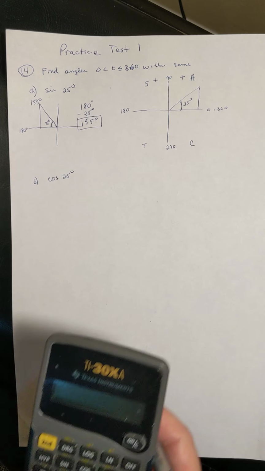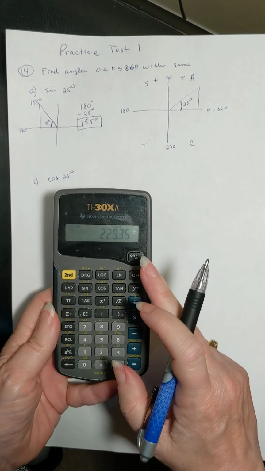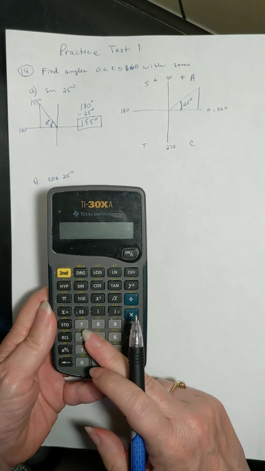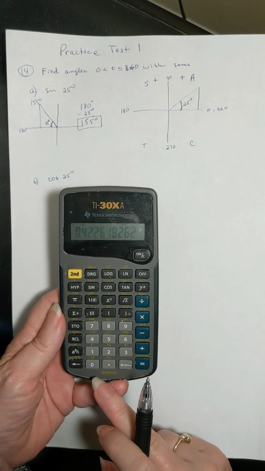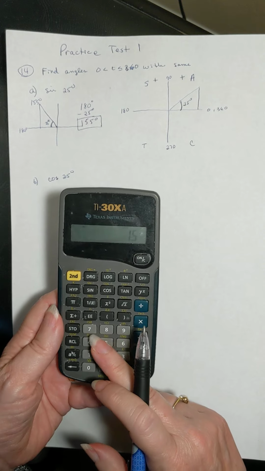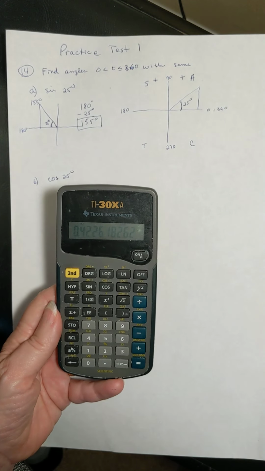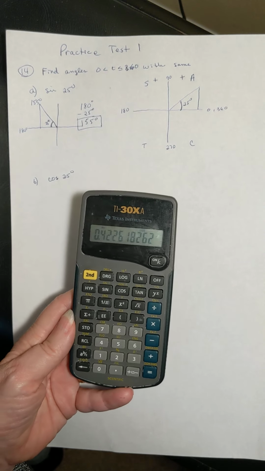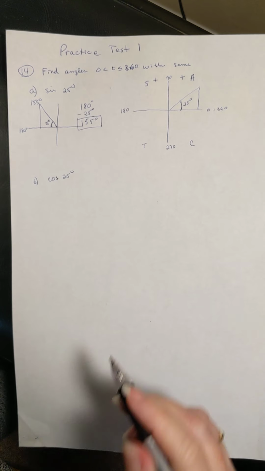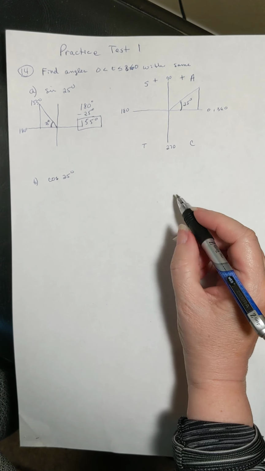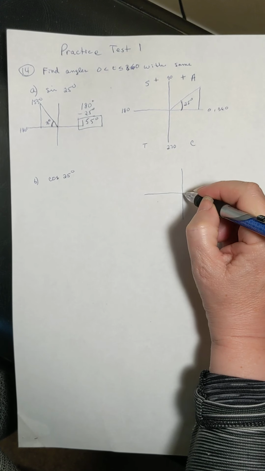And you can check that on your calculator. Because if you go 25 sine, I get 0.4226. And if I do 155 sine, I get 0.4226. It's exactly the same. Okay? All right, now let's look at the cosine of 25 degrees. All right, so looking at the cosine of 25 degrees,